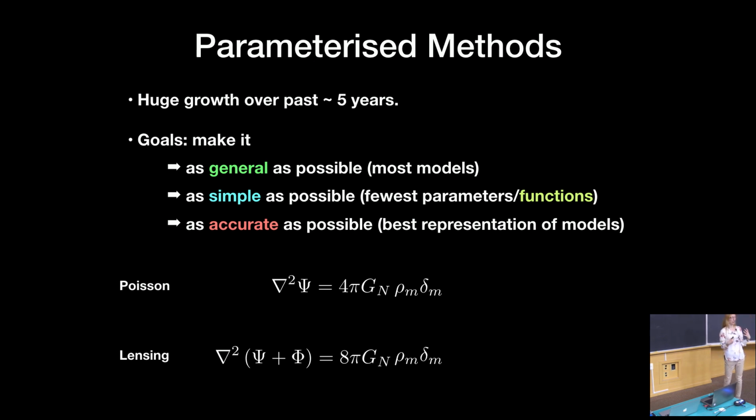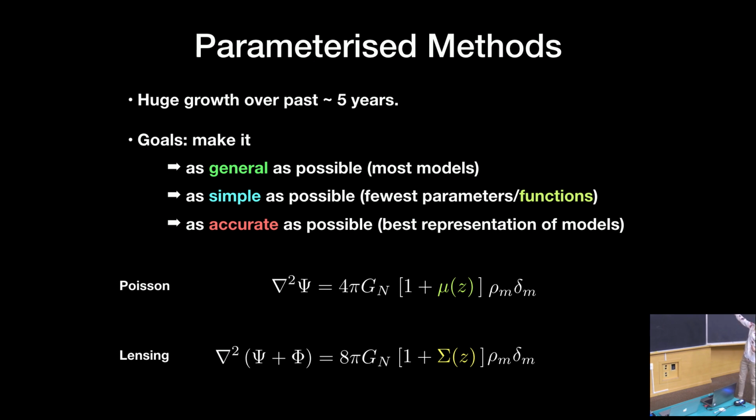And the simplest thing you could do would be to look at this and say, this is GR, so I'm just going to fudge in two factors to quantify deviations from GR. And I'm going to write them as 1 plus stuff, where here we'll call the stuff mu, and here we'll call the stuff sigma. And we have to make them functions of redshift in order to be consistent. Okay, and then what you want to do, of course, is to work through your calculations of observables with these modified equations and get constraints from your data on mu and on sigma.